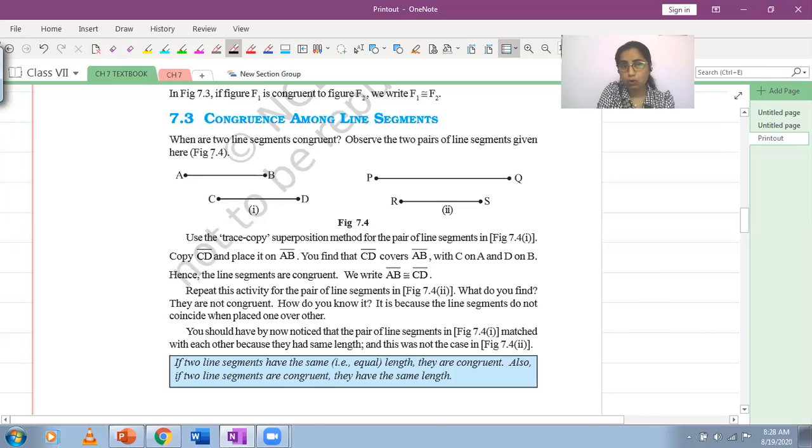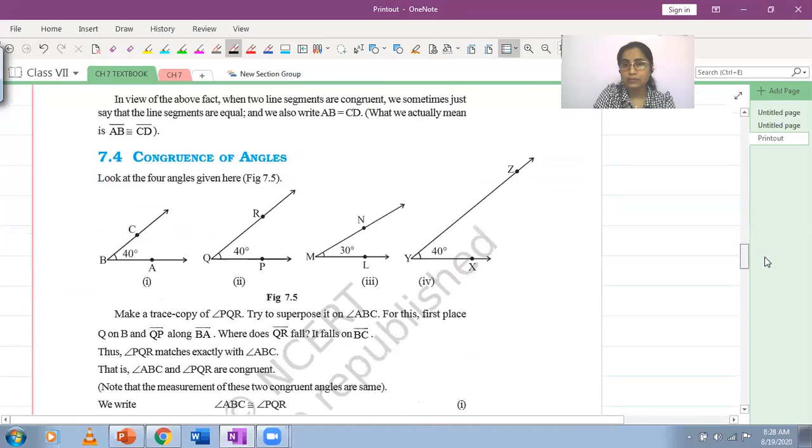To see whether or not two figures are congruent, we want to check if they have the same length. If you have two pieces of thread, or two pieces of a wire, and they have the same length, then you will say that they are congruent. The only thing you can check for a piece of wire or a piece of thread is how long it is. So if two pieces of thread, wire, or string have the same length, then you will say that they are congruent. I have written all this in the notes I have already sent to you.